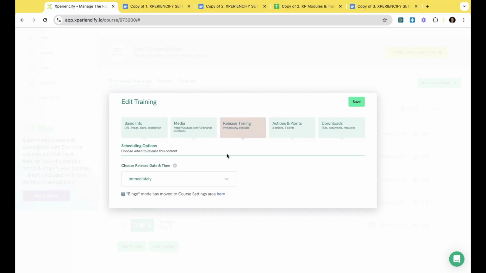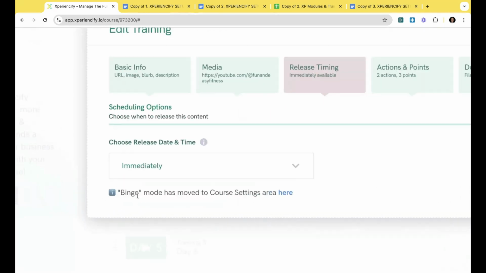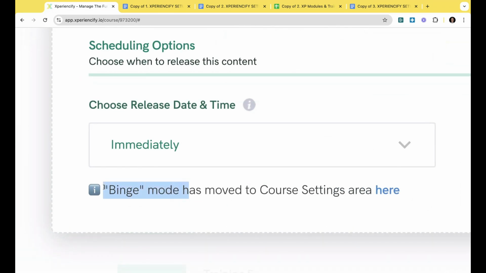The release timing, as we talked about earlier, I'm going to leave it on immediately, but you have those options for when you want it to be released. You will notice here as well something called binge mode. It says it's moved to the course settings, and we'll get to the course settings in just a bit.